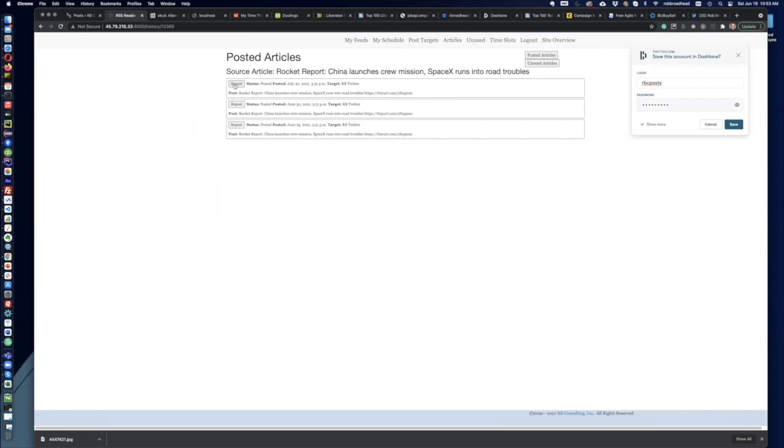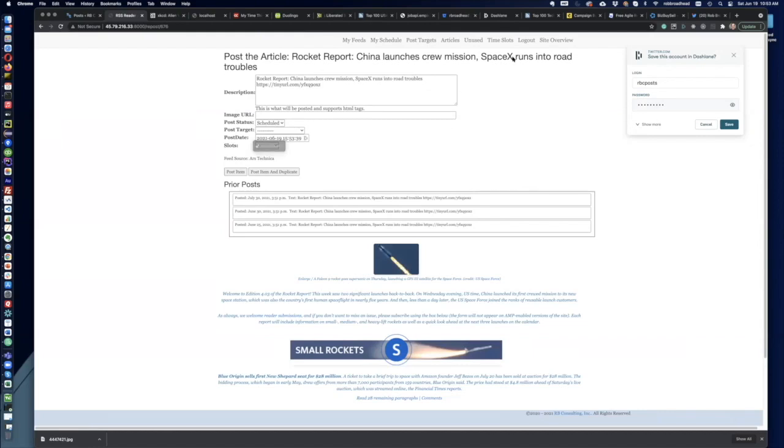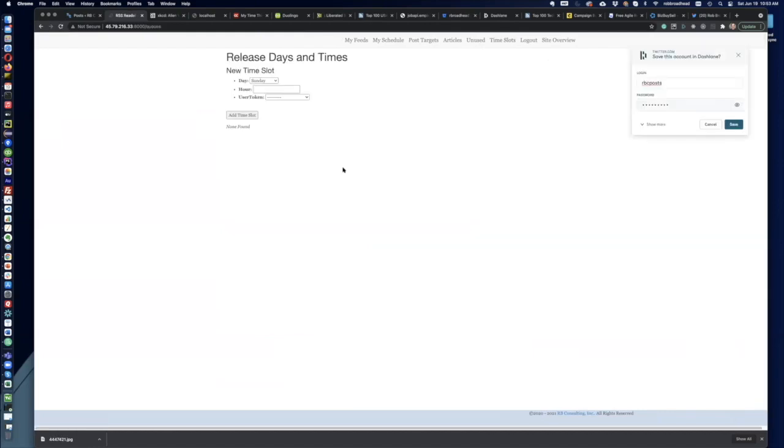Now, the other thing in a post is this little slots thing. This allows you to do time slots ahead of time to set up your own social schedule. So I could say every Monday at, let's say, 8 a.m., I'm going to post, and I'm going to tie this to a specific target. So on this target I created, I want Monday at 8, Monday at, let's say, 10. I'm going to assume this is still working because I think it just didn't refresh on me. So now if I look at my time slots,